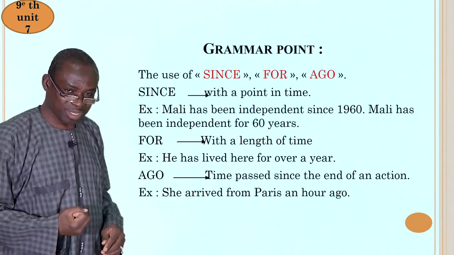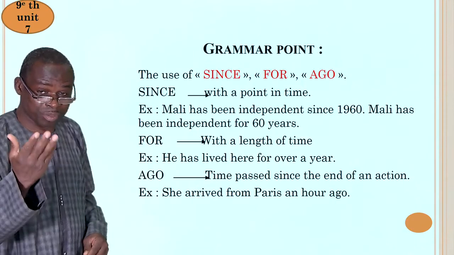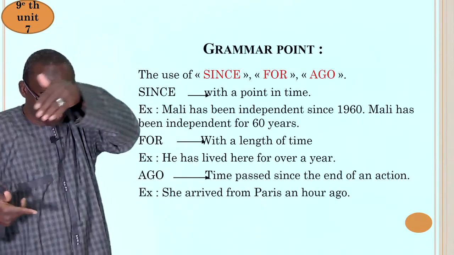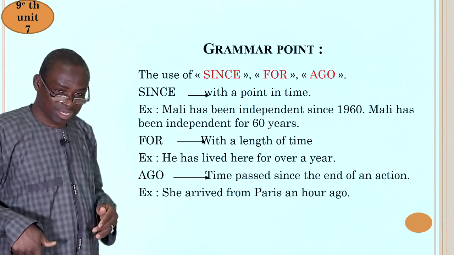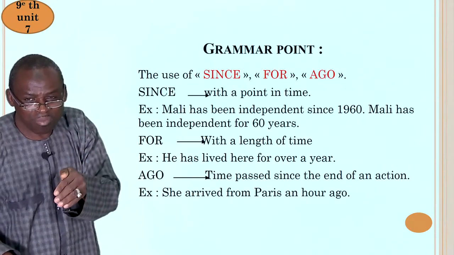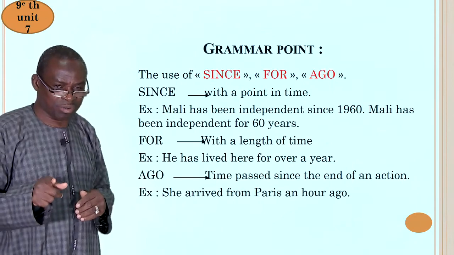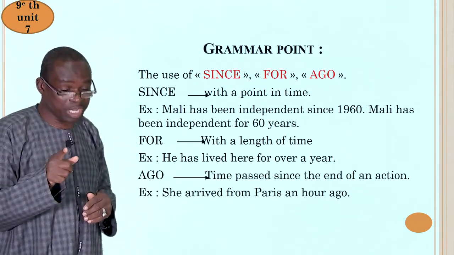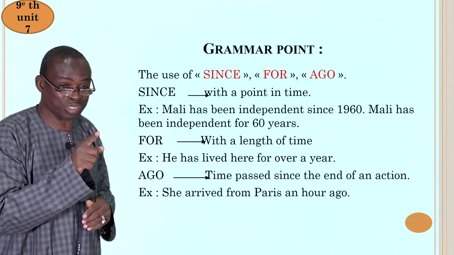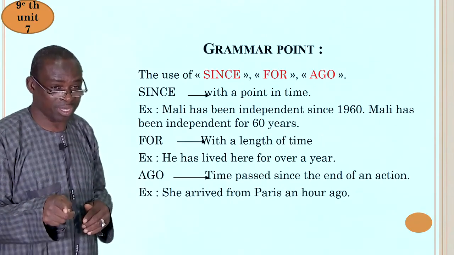It is the present perfect, but it has its meaning in the simple present. It is in the present perfect in English, but in French, when you try to translate it, you will have its meaning in the simple present. Le Mali est indépendant depuis 1960. Le Mali est toujours indépendant. OK?